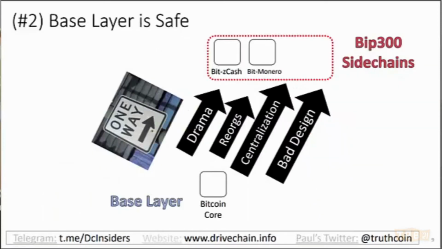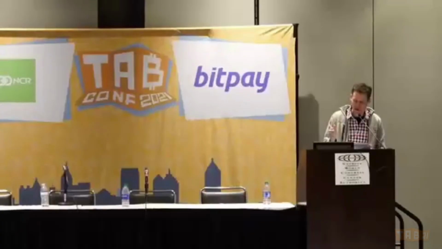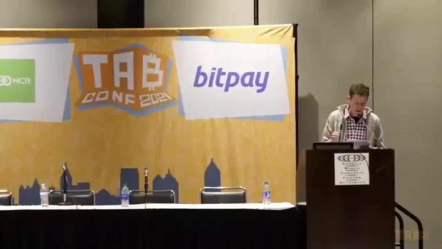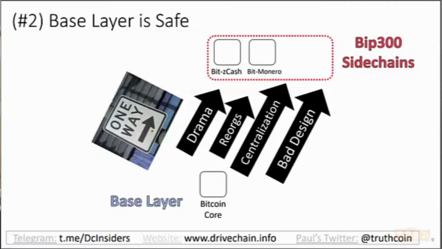Now, aspect 2 is the most difficult to explain, but I'm going to try anyway. The base layer, which is Bitcoin Core, or layer 1, or the main chain, or whatever you want to call it, your Bitcoin node, is unaffected by problems on the sidechains. This is a core part of the design that even under very extreme adversarial conditions where the sidechain is experiencing all sorts of chaos, the layer 1 is just going to soldier on and ignore all of that. So any drama can just go in one direction from Bitcoin Core to the upper layers, but it cannot go in reverse.